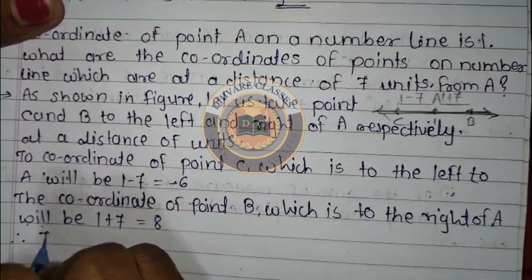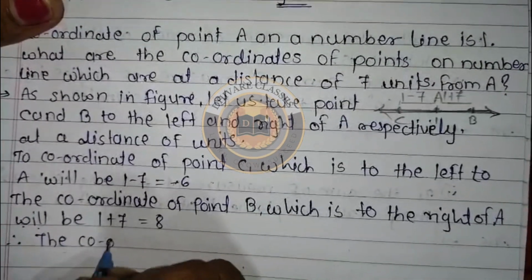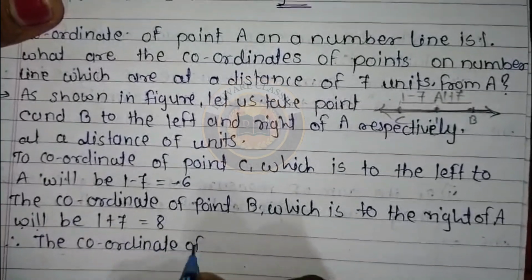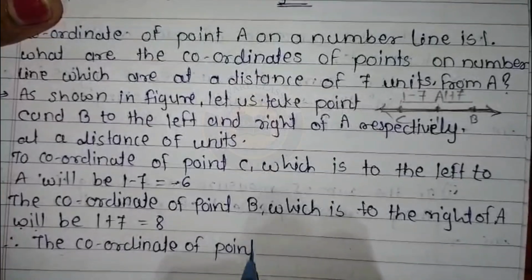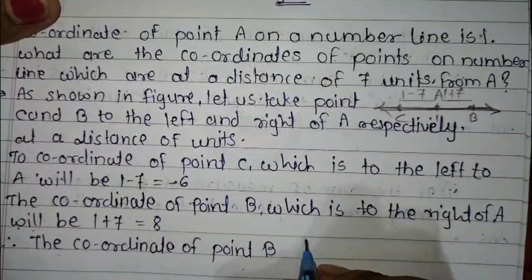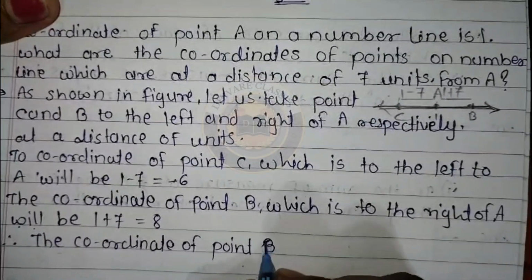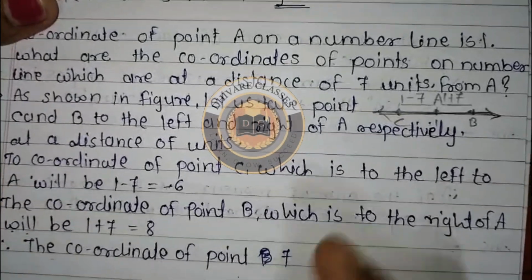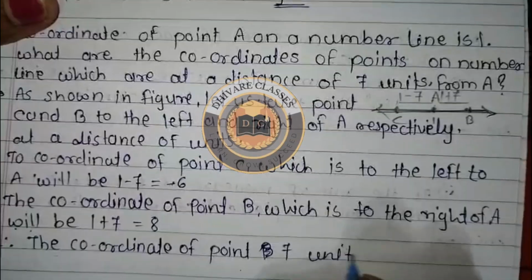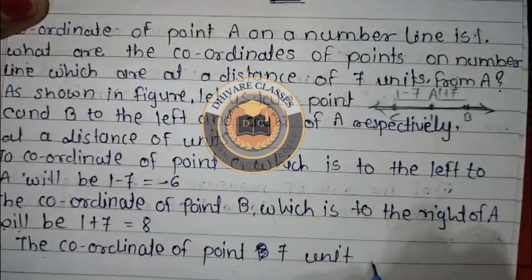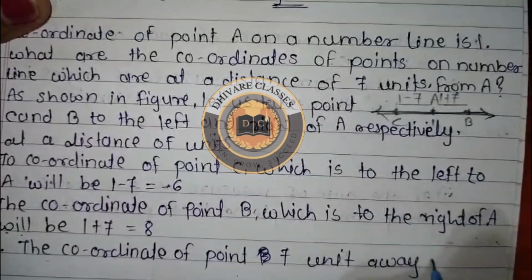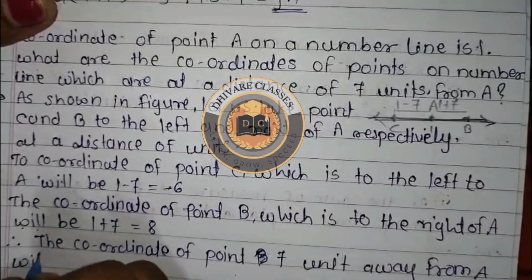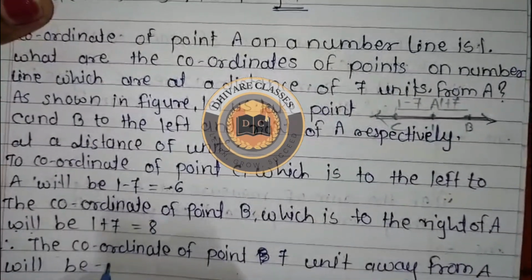Therefore, the coordinates of the points 7 units away from A will be -6